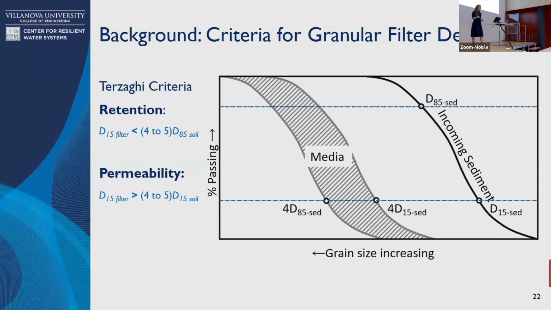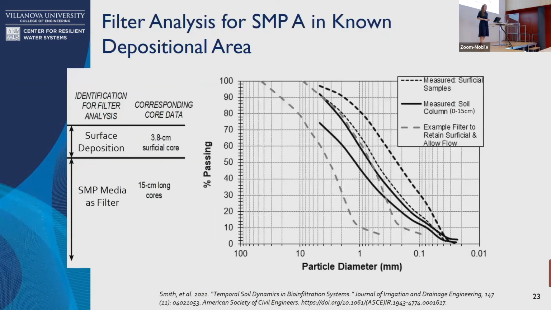So here, this is just an example that we've created, where we have increasing grain size going toward the x-axis and the percent passing going upward on the y-axis. And so we started applying this idea to the soil samples that we had collected in the lab and thinking about what was just at the surface, in that top 15 centimeters, and then what was lower, and what happened. And so these are some of the results that we got.